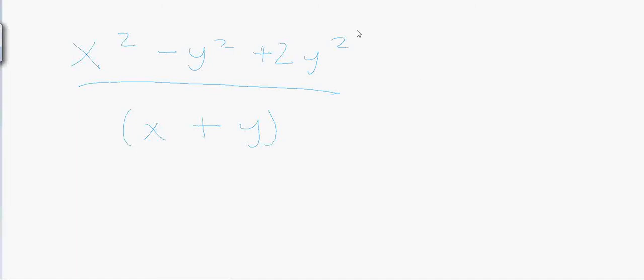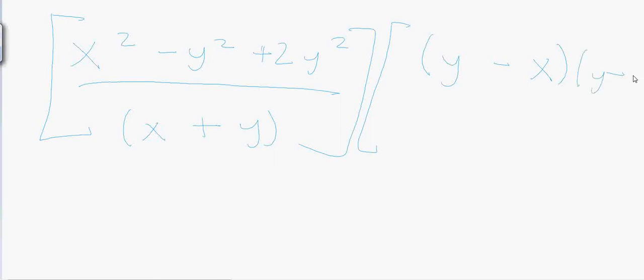And then multiply this whole thing. Remember, this is the first numerator. After you simplify, when you multiply the second numerator by x, or y minus x times y plus x over x squared y squared. And then you're going to multiply, like I said earlier, the reciprocal of term 3, which is